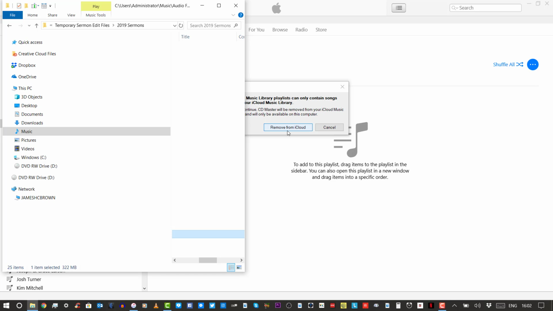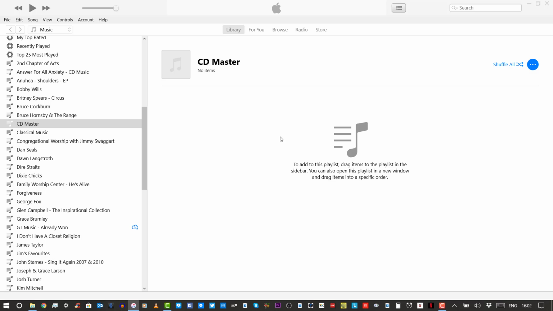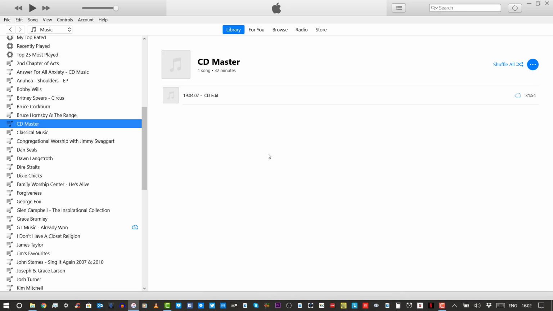Yeah, I'll remove it from iCloud because I don't. You won't encounter that scenario happening when you do this. So what you do is you go to, in my case, it's CD master, and highlight it. In your case, it'll be pre-service. And it's important to make sure all the check marks are unchecked first before you do this, except for the CD edit file. Then you're going to right click,